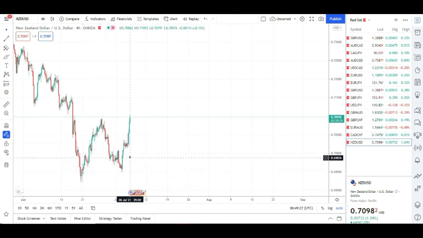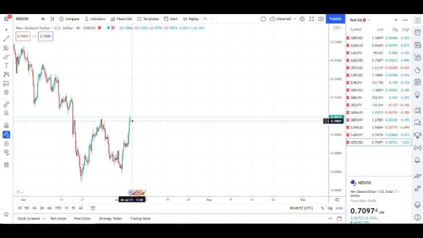If you place your mouse here, you can literally see the opening price. If you come here, it shows the opening price of a candlestick. If you put your mouse here, at that point on top, you will see the opening price of this pair was